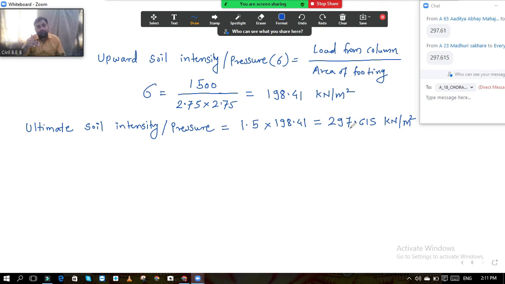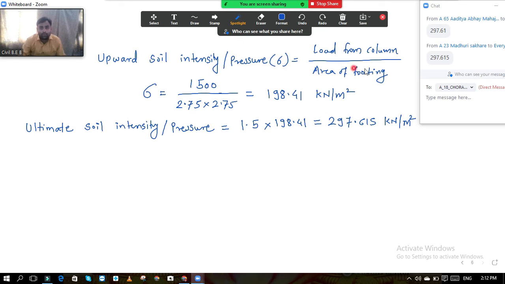After calculation of the area, we have calculated the sides of the footing. As our footing is a square footing, it is easier for us to calculate the sides. In the rectangular type of footing, what we need to do we will see while designing the rectangular footing. Right now think about only the square footing. So we have calculated one side of the square footing. After that, we have calculated the upward soil intensity. Okay, how do we calculate this?